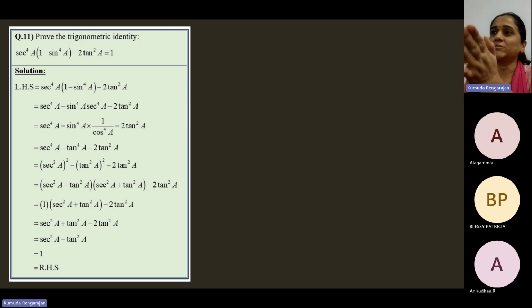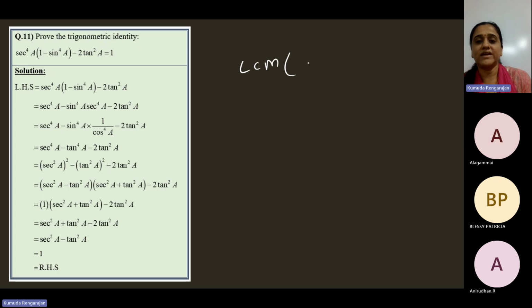So every composite number can be expressed as a product of primes, and the factorization is unique, meaning all of us will get the same answer. You can't give different answers for this question. Unique means only one answer. A composite number can be 2 into 3 into 5 into 7, or 7 into 3 into 2 into 5. The order in which the prime factors occur may differ, but the prime factors will be the same. That is FTA. Now tell me, what is the LCM of